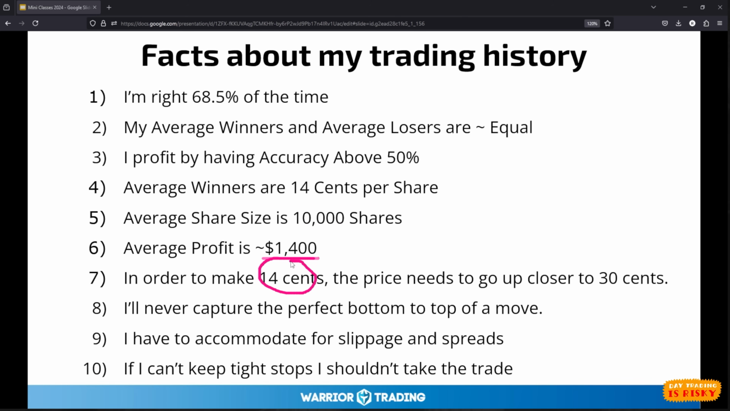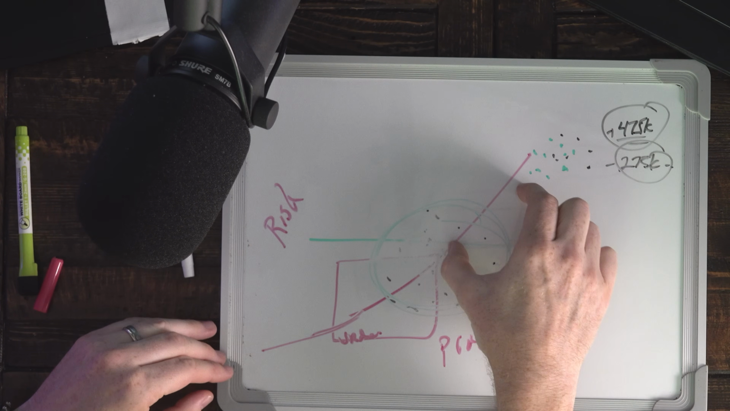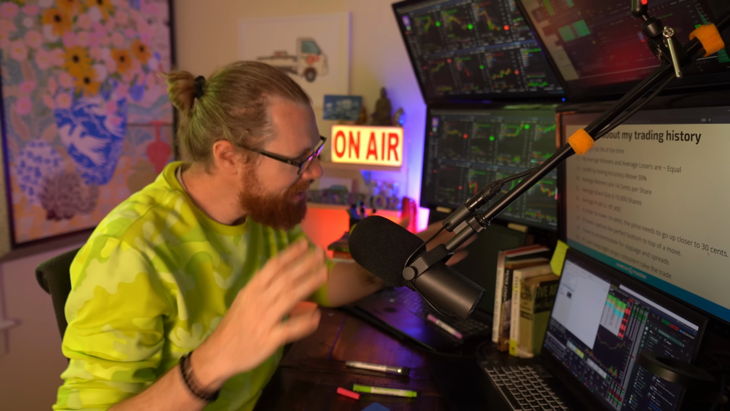Now, in order to make 14 cents, which you could argue is a scalp trade, the price needs to go up closer, I would say, to 30 cents. Now, this is why I say that. You'll never capture the perfect bottom to top of a move, right? You pull up a chart, you've got a nice pullback. You're never going to get the perfect entry and the perfect exit. You may get a perfect exit, you may get a perfect entry, you'll never get both in one trade. It just doesn't happen. So I like to figure that realistically, at best, I might only capture half of the